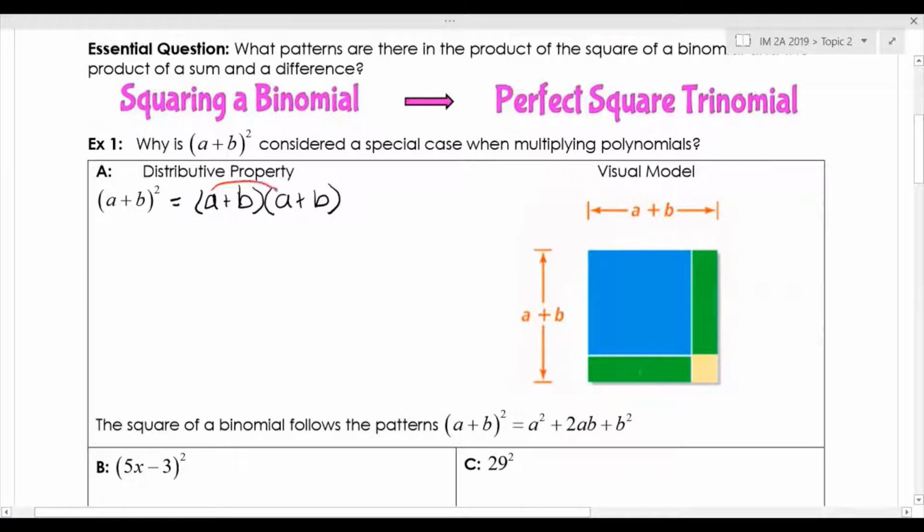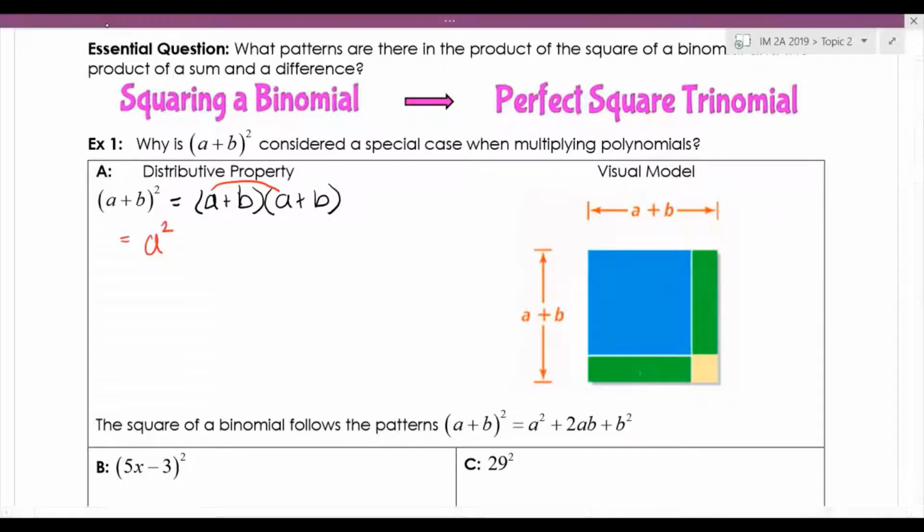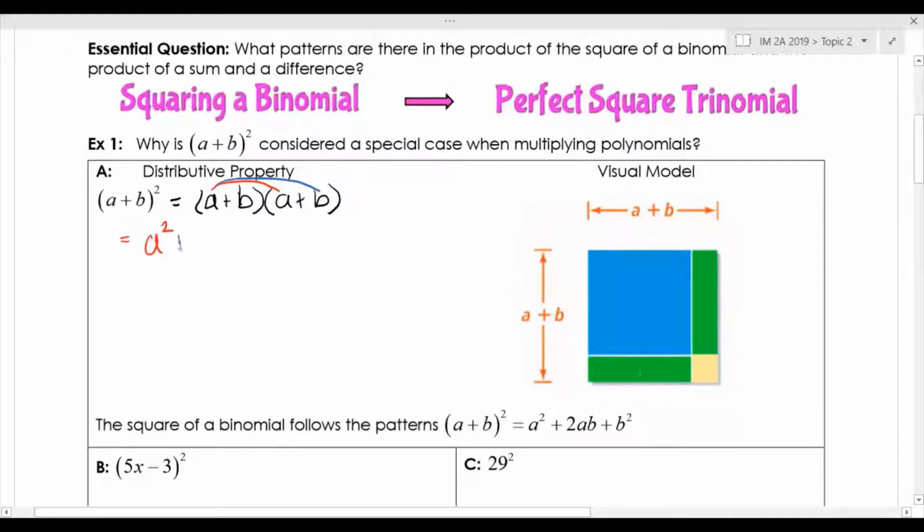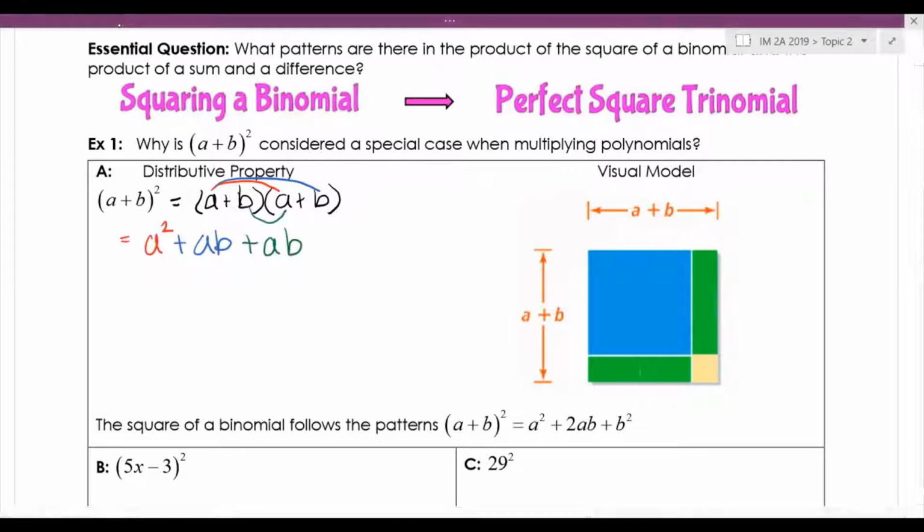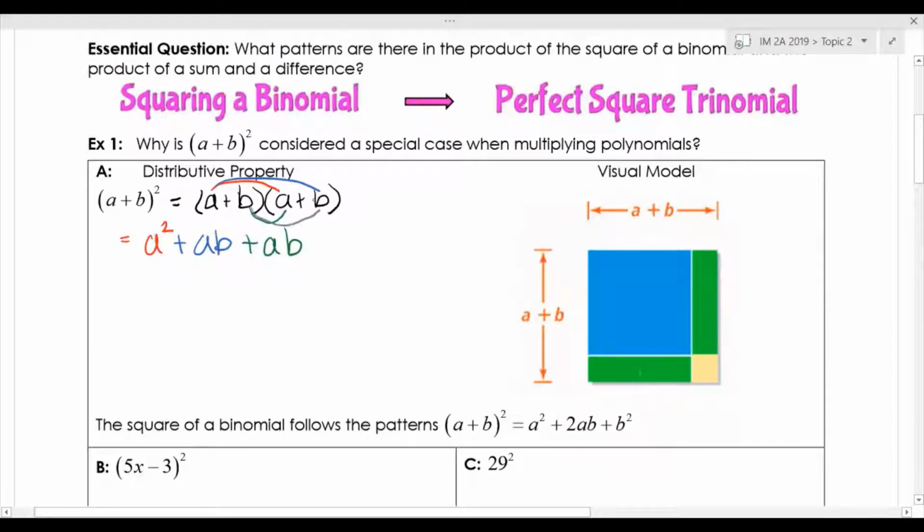So if I distribute, a times a is going to give me a squared, and then a times b is going to give me a times b. So I have a squared plus ab, and then b times a is still ab, because we write them alphabetically. And then when I multiply b times b, I get plus b squared. So from this distribution, I can see that this simplifies to a squared plus two ab terms